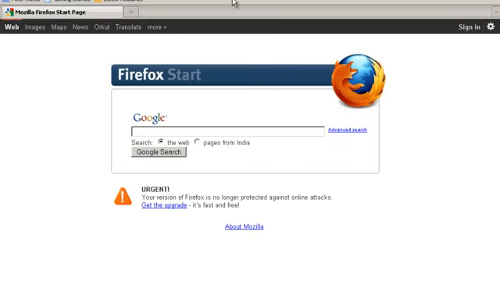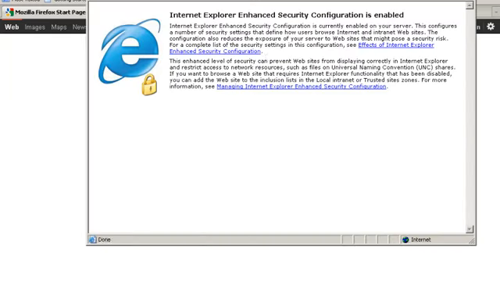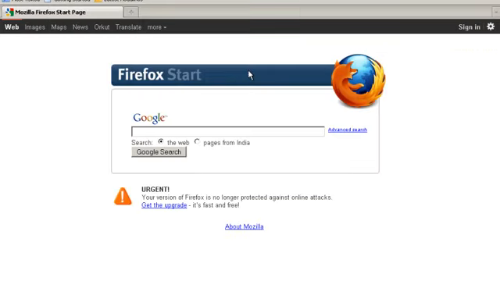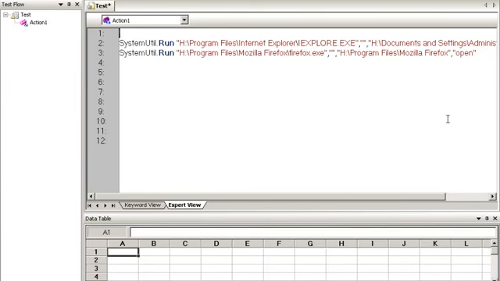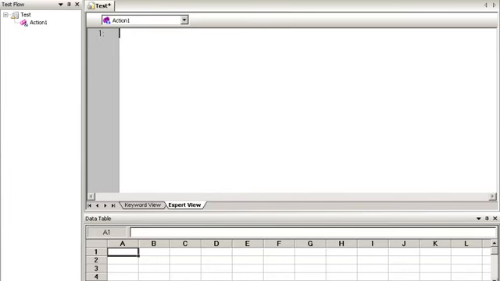See that, I have got one Internet Explorer opened and one Firefox open. Okay, I'll just close everything. Right, so I'll record again, and I'll open a Mozilla now, and I will go to the website, say Google,